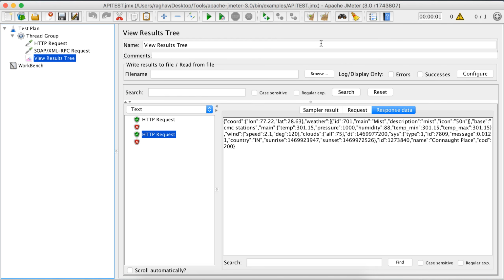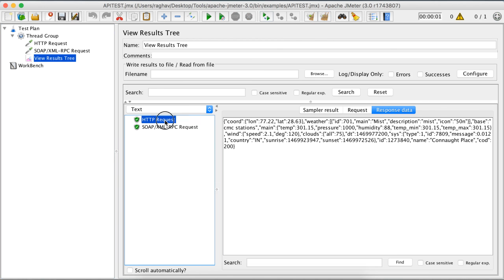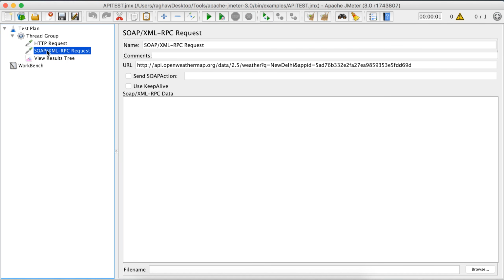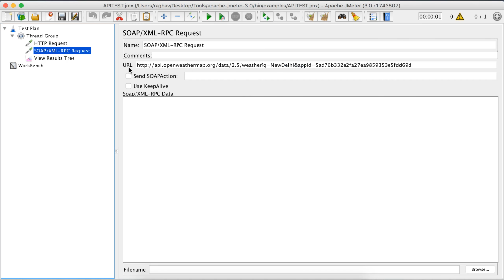And now let me see. I will clear the results and run this again. And see, I am getting the same response here. So this is the advantage of using this SOAP XML RPC request. You do not have to create a request like this. You can directly give the actual URL of your entire request here.